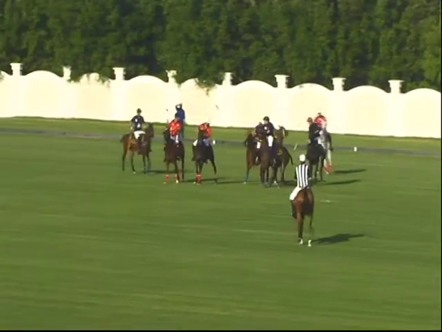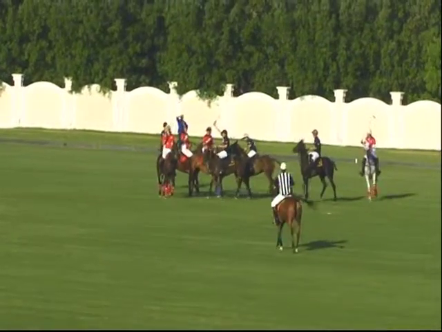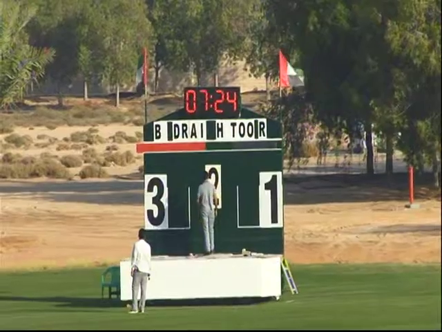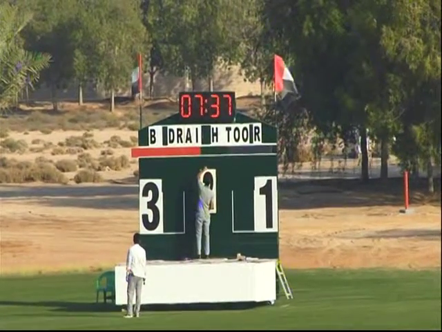Santiago trying to get himself facing in towards the goal here now, and we get a whistle on the play, umpire signifying that we will have Augustin to come out on Pina Colada. Manolo to start the chukker off on Nikita, and Raul